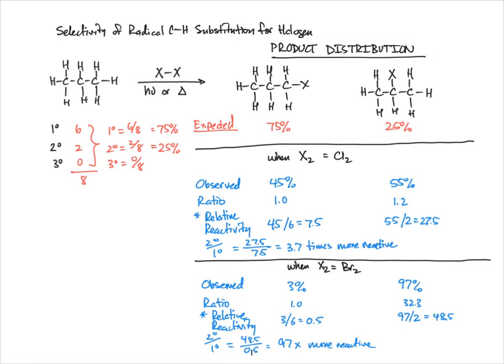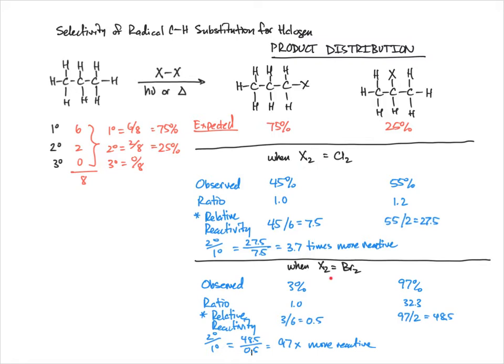The energy to cleave a primary CH versus secondary CH is the same no matter what halogen you're using. But the cleavage of this bond in the formation of these different products will require different energy. And so that's how we explain why you get different product distributions. So are we clear on this logic of